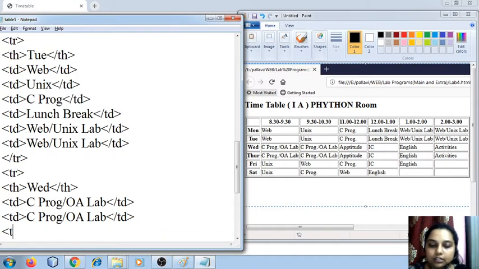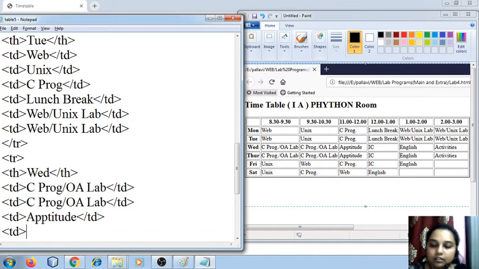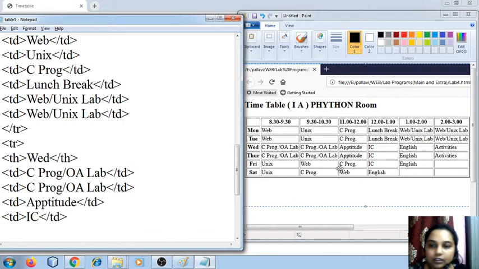Close the table data. Then third cell, aptitude. Close the table data. Then fourth cell we have IC. Close the table data. You need to just look over here and then enter your data over here. Table data, English.